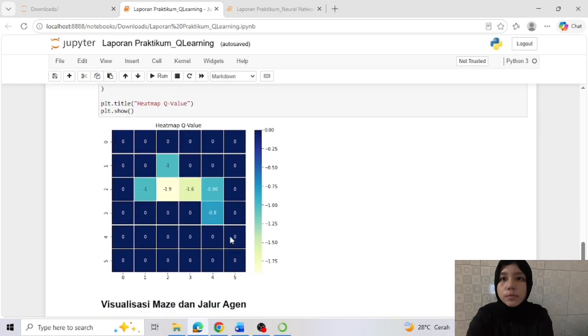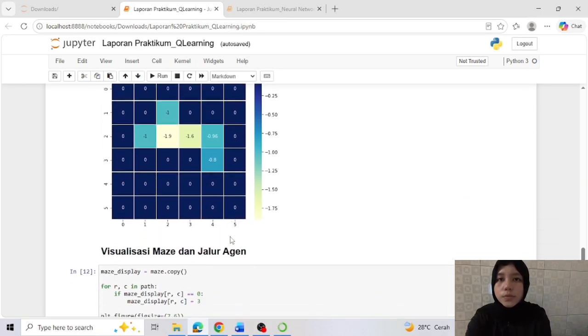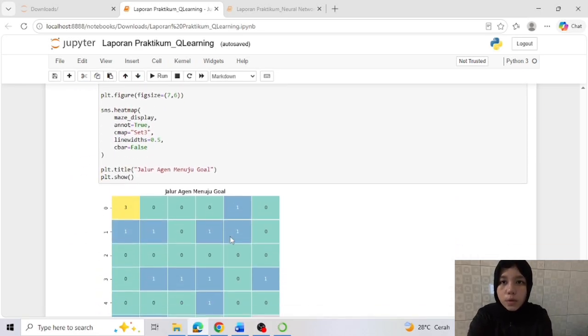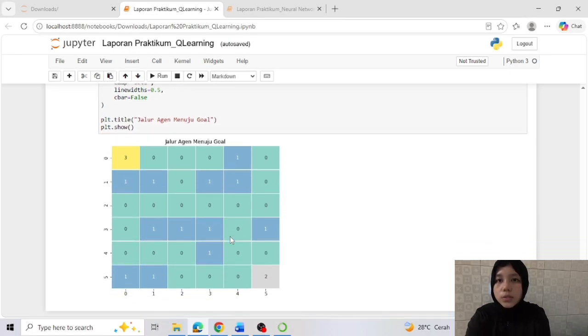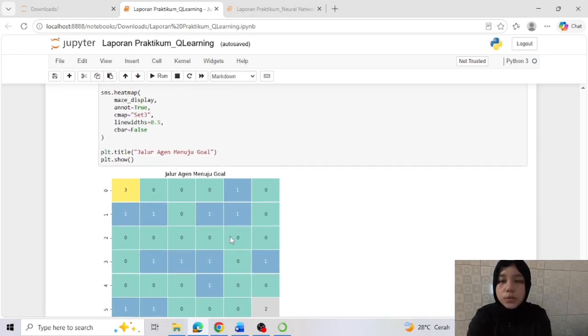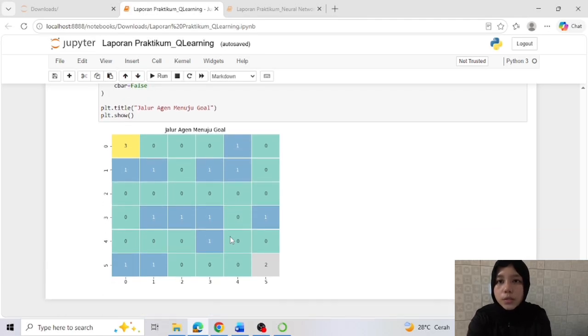In conclusion, both practical segments were successfully completed. The neural network model was able to classify heart disease with good accuracy, while the reinforcement learning algorithm successfully learned the optimal path to reach the goal in the maze environment.